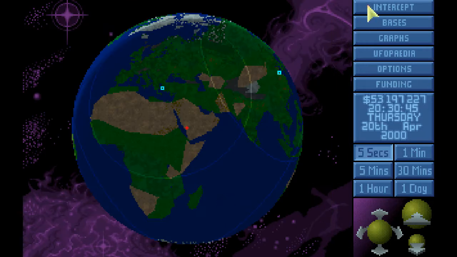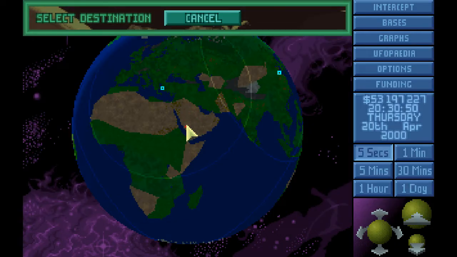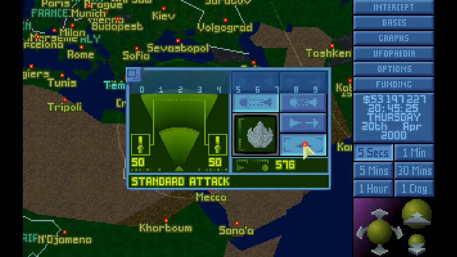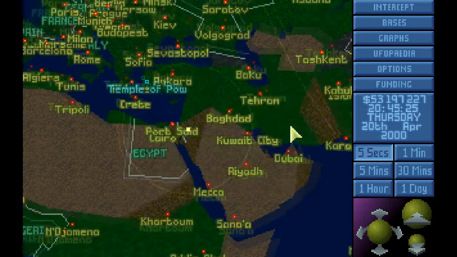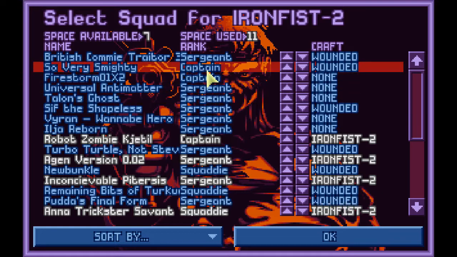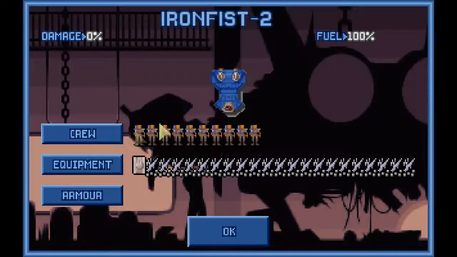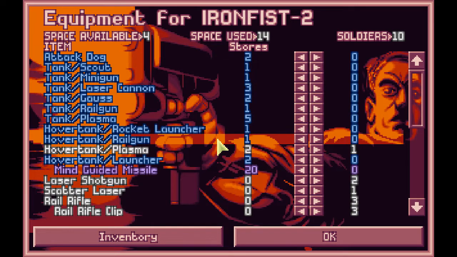Snake Man Retaliation Fighter. Let's see. It's another 50 Illyrium as long as it's not damaged. On that basis, we can probably afford to do it. Alright, crew. Let's bring in Talon's Ghost, Viren Wannabe Hero, and let's bring in... I was about to say, do we not have an extra one? We're actually running low on...